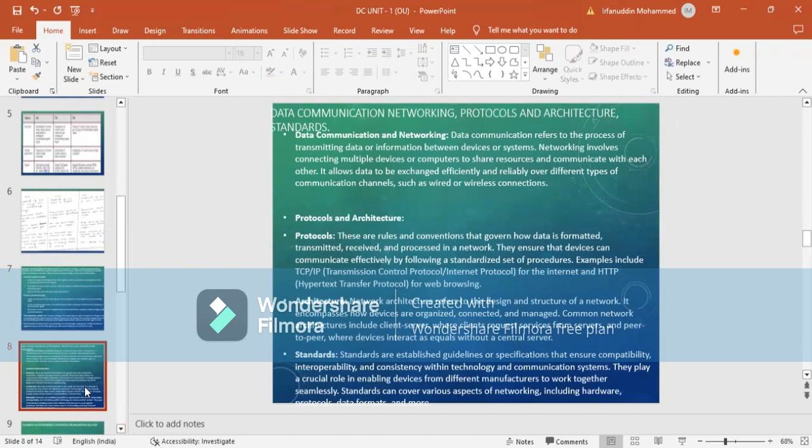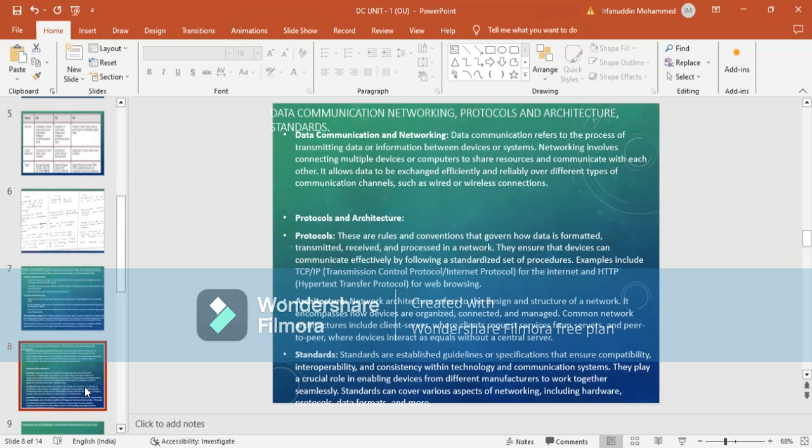Data communication, networking, protocols, architecture, standards. Data communication and networking refers to the process of transmitting data and information between devices and systems. Networking involves connecting multiple devices or computers to share resources and communicate with each other. It allows data to be exchanged efficiently and reliably over different types of communication channels, such as wired and wireless